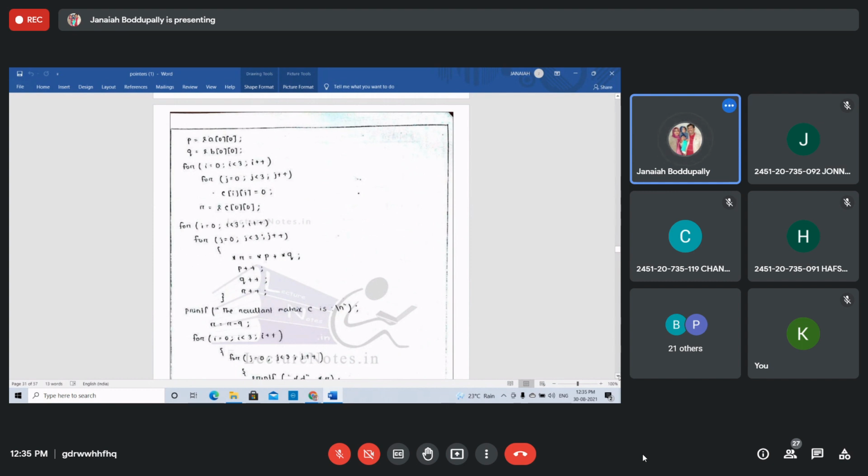Star P is the value at A of 0 0, plus star Q, value at B of 0 0. First iteration: A of 0 0 plus B of 0 0 will be added and stored in star R, the value at C of 0 0. The value will be stored at the address location of C of 0 0.